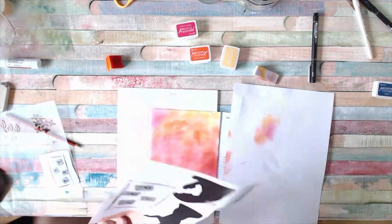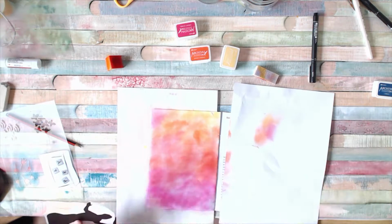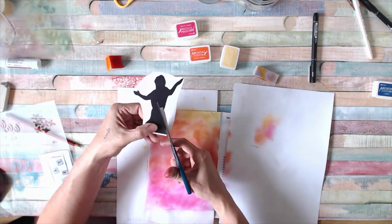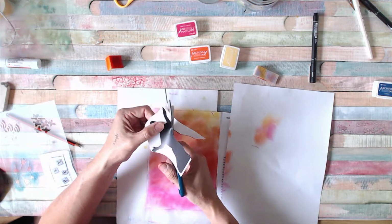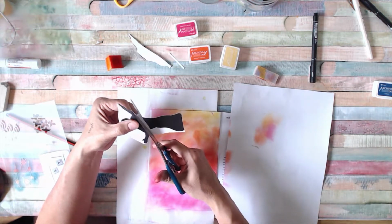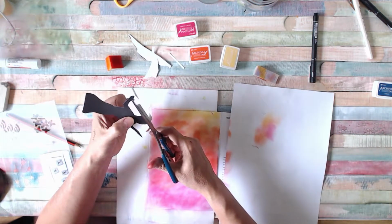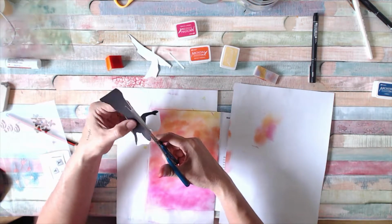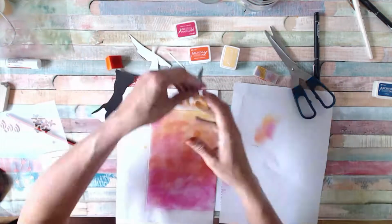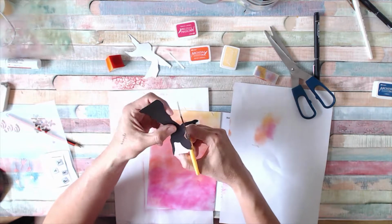So what am I doing here? I have used some ink pads with a blending sponge, and the ink pads I've used are permanent inks. They're the Ranger archival inks. You can use any ink you want. You could equally use acrylic paint or watercolour background. It's up to you, but I did it because I wanted quite a bright, vibrant background,